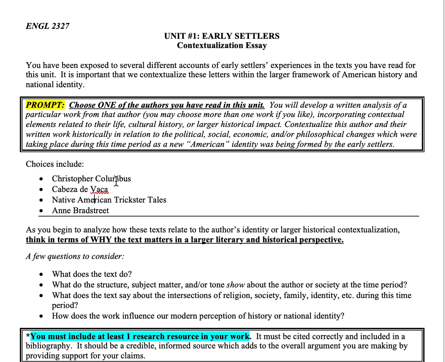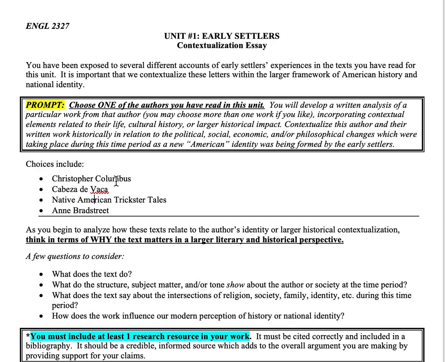Just like I do in the lectures where I look at something like the syntax used by Columbus, how he uses the language of I rather than they or we, how he refers to the native people as inanimate objects rather than actual human beings. How you break down the structure of the letters. So how is he positioning his audience? He's talking to the king and queen in a certain tone. These are the elements that I want you guys to be pulling out.